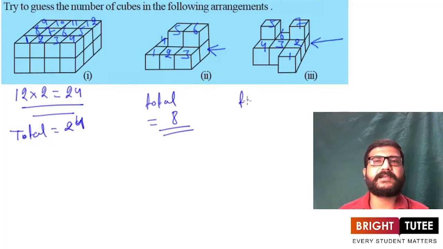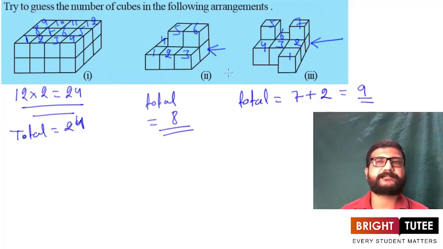So it means in total there will be 7 plus 2. 7 cubes are visible here in this figure. What we are doing here, this is actually a 2D representation of a solid shape, and by doing that 2 of the cubes are hidden. So here 7 are visible and 2 are hidden. So in total there will be 9 cubes. So this is how we count how many cubes are there in the arrangement. So here we are done with all the parts of the question.